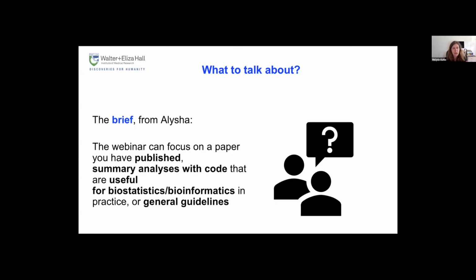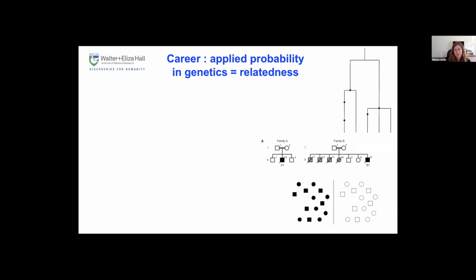So when Alicia asked me to speak, she gave me a brief, but I did spend a bit of time thinking about what I should talk about. She asked me to speak about potentially papers on which I've published with summary analysis with code that are useful for biostatistics and bioinformatics in practice and perhaps general guidelines. So I thought a bit about what I should speak about, and then I thought, well, you know,